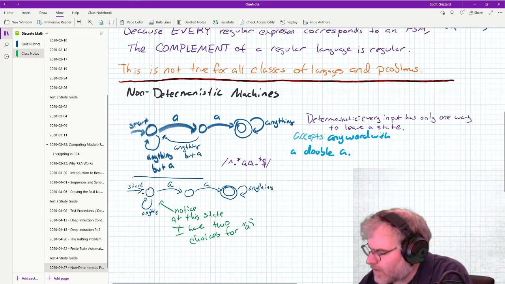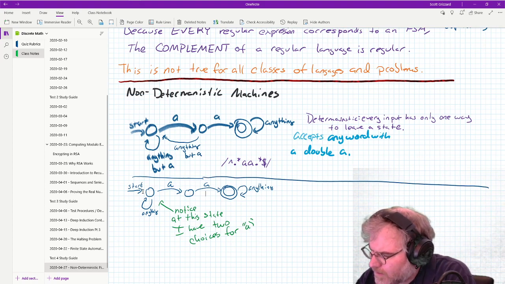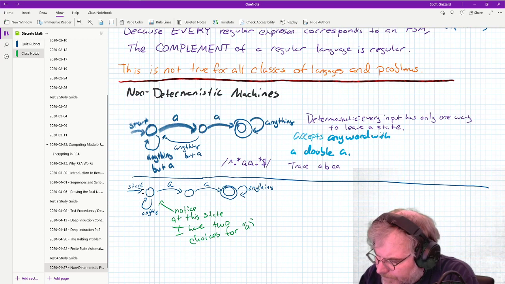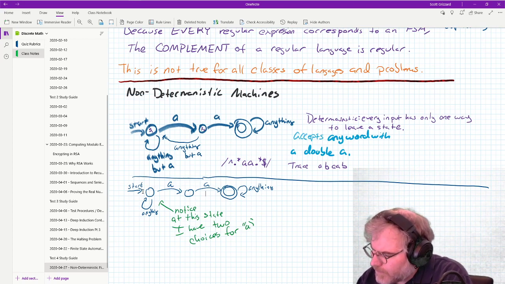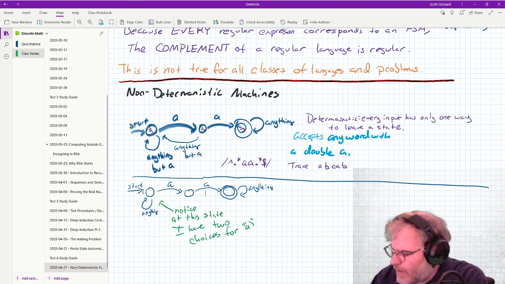So let's trace the word here. Let me label some states here. So if I wanted to trace this input, what would happen? Here I would go S1 to S2